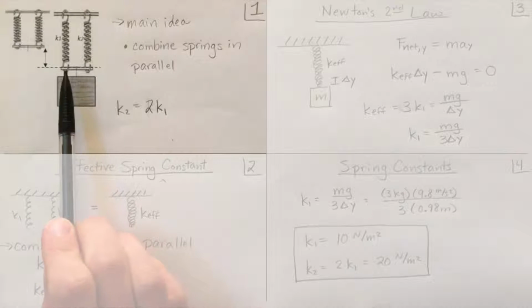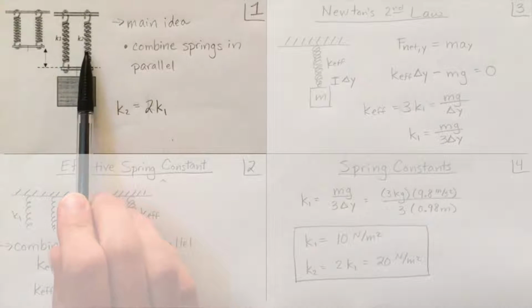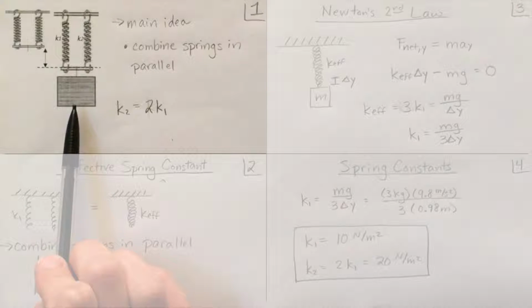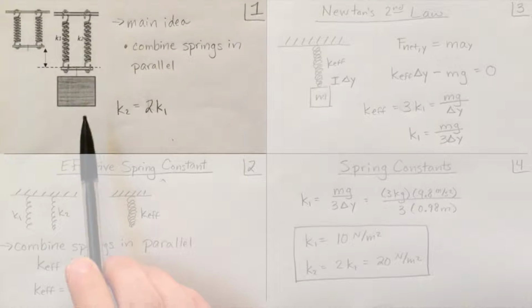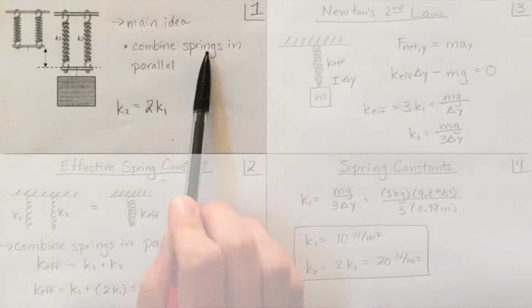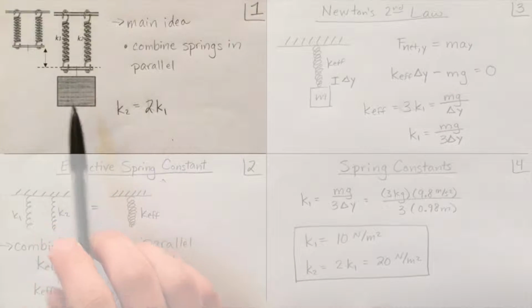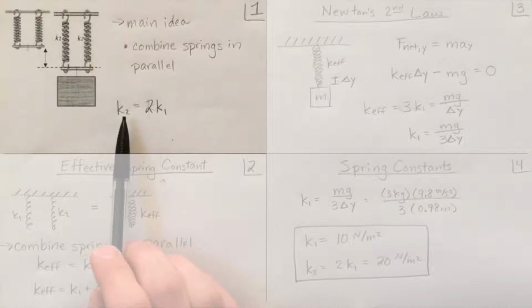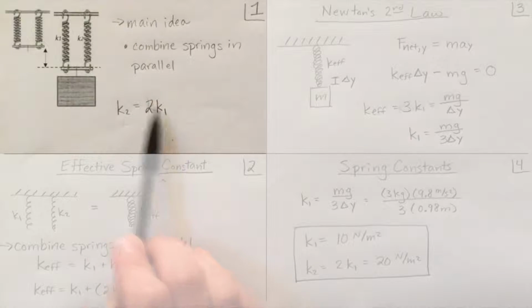In this problem, we're asked to find the spring constants K1 and K2 for two springs which are holding up some mass. In order to solve this problem, we need to know how to combine springs in parallel. The first thing to note is that the second spring has a spring constant that is double the spring constant